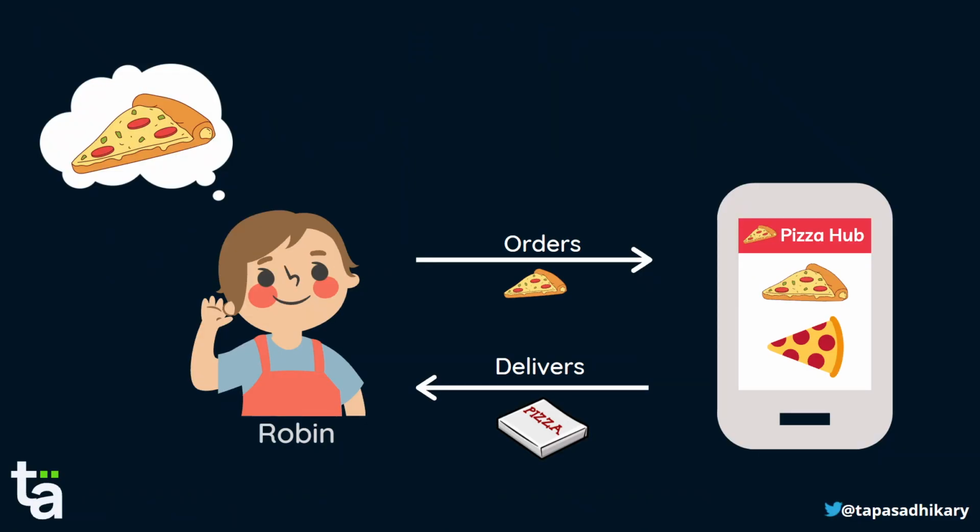Okay, so here is a story for you. A little boy Robin, who likes pizza very much. One morning Robin takes his mother's phone. He logs into the Pizza Hub application, basically to order pizza, selects his pizza, presses the order button, and the pizza gets ordered. Once the pizza is ordered, a couple of things happen. It takes some time to make the pizza, and once the pizza is done, the Pizza Hub app is going to notify Robin saying, hey, your pizza is done, now the pizza is on the way, and it is going to be delivered to you probably within 30 minutes.